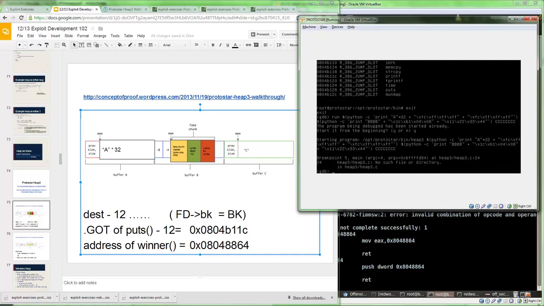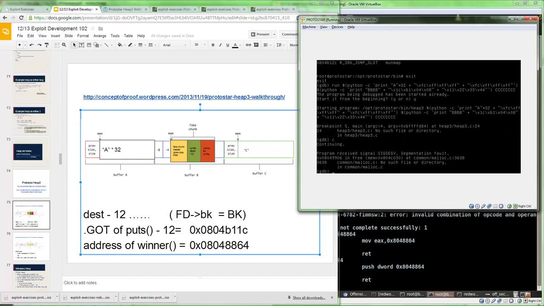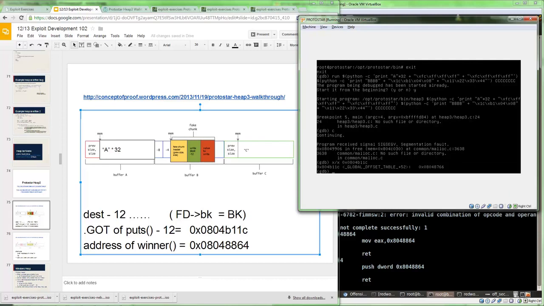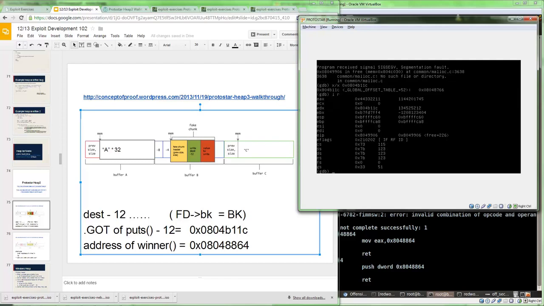And let's just leave that for now. It's going to hit the breakpoint. And we haven't decided what we want to write there yet, but we can verify that it has worked. Let's look at the global offset table now. No, perhaps it hasn't. So it's trying to write